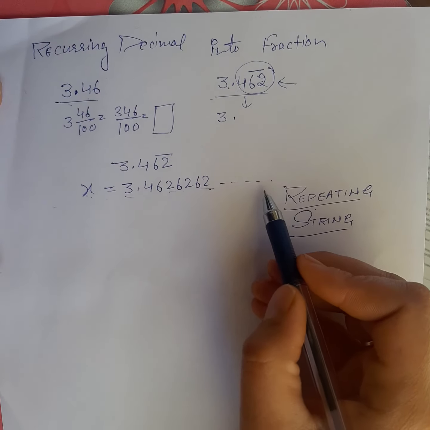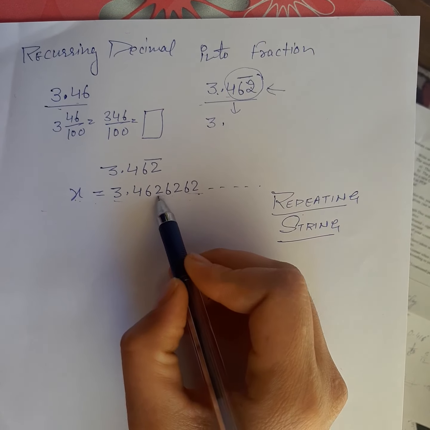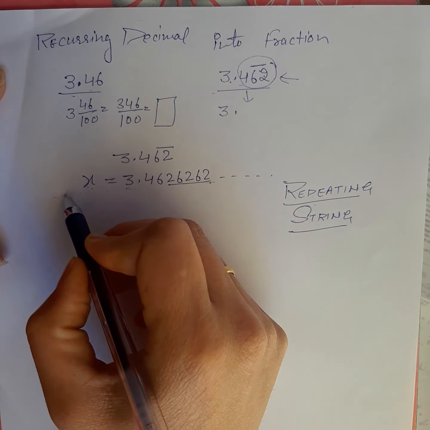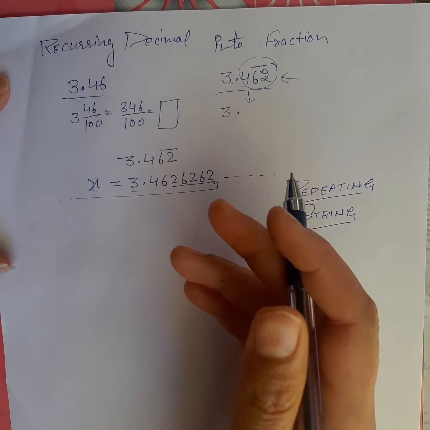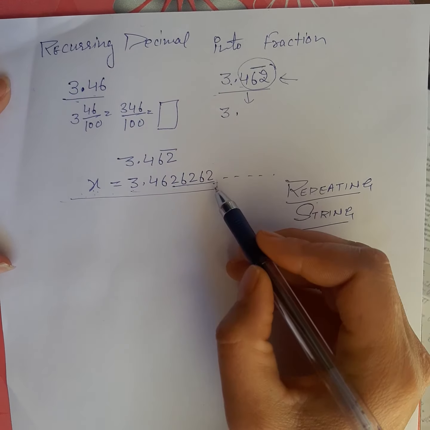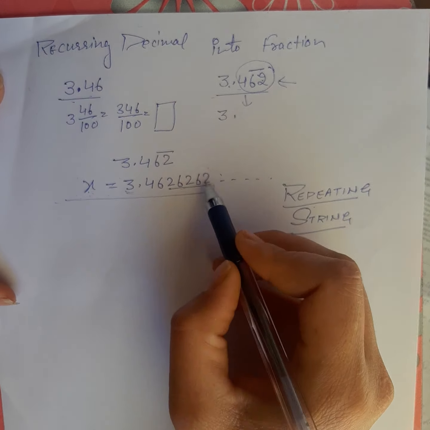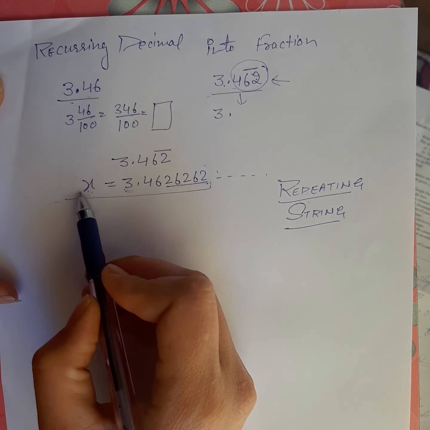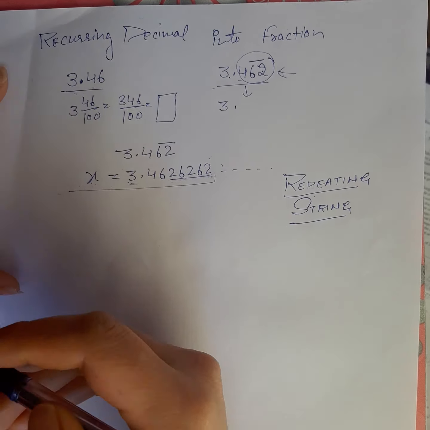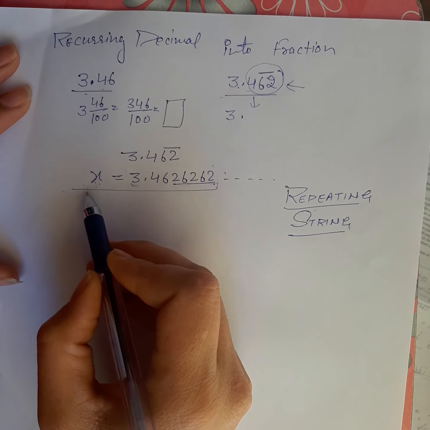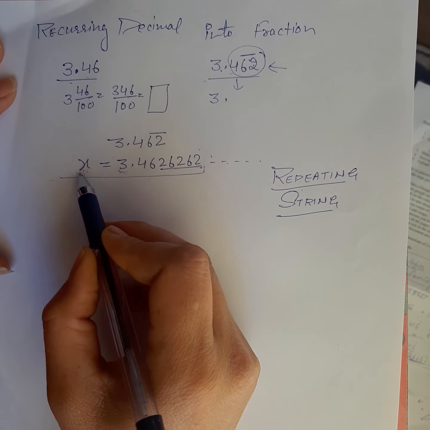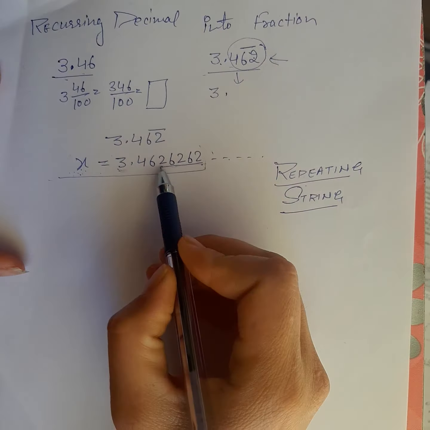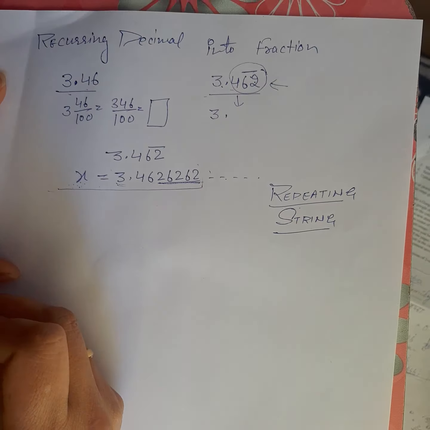The main step of this algebraic algorithm is to get rid of this. So we have to develop an equation which is a multiple of this, and it can be any multiple, but one in which the identity of the digits doesn't change. Those multiples can be 10, 100, 1000. It's up to you. So I'm generating one more equation out of this by multiplying this equation by 10 or 100 or 1000. And the thing is, the repeating string should remain the same.